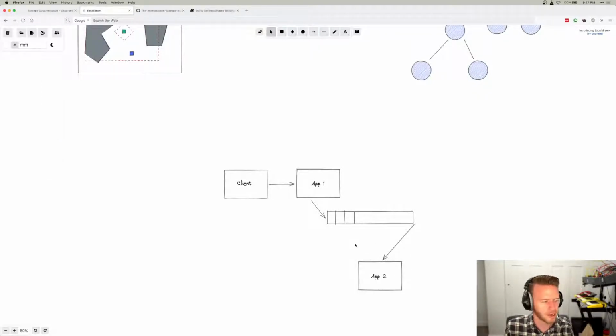And app two is like, hey, message queue, do you have any work for me to do? And sure enough, there is data on the queue. And so it can just pick up where it left off. And that might be one second later, it might be one hour later, it might be like three days later, who knows? But what we've done is we've created resiliency in the system, and we've done it through data